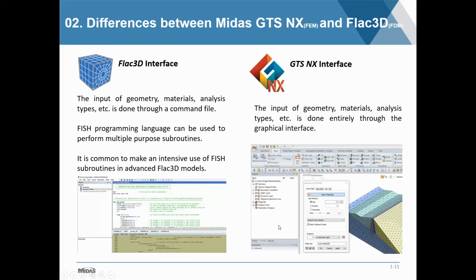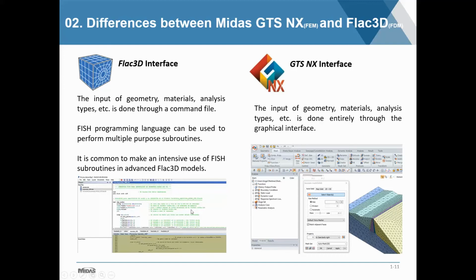More notable differences would be now jumping into how to use the software themselves. On the left, in the Flag interface, all the commands, all the inputs, everything is done through command files. There's a Fish programming language for this, in which you can write subroutines and then use these different subroutines for the more advanced models, or have multiple uses of these Fish subroutines to create everything from defining materials to executing the analysis to defining the equations that will be used. And here's a screenshot of what Flac3D looks like for one of the examples that we're using today,